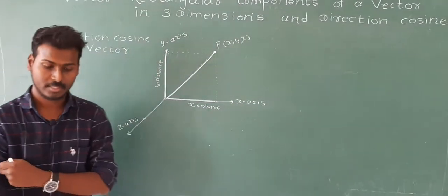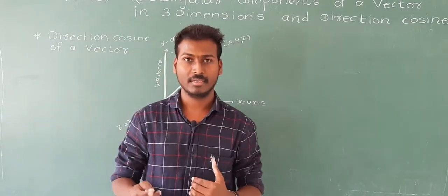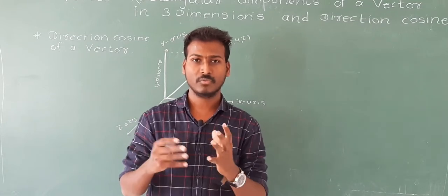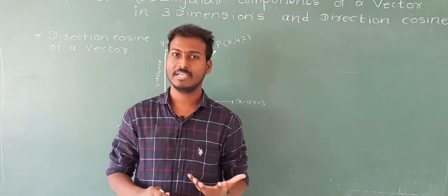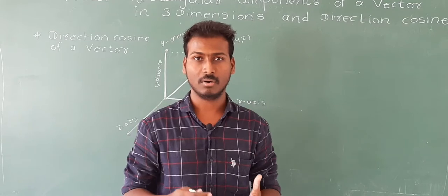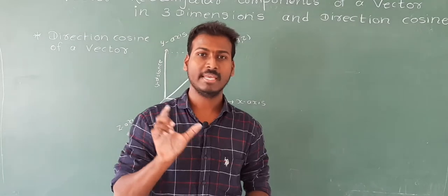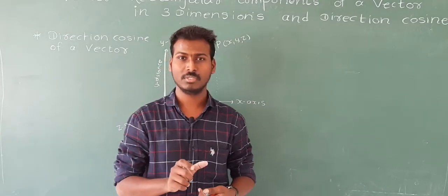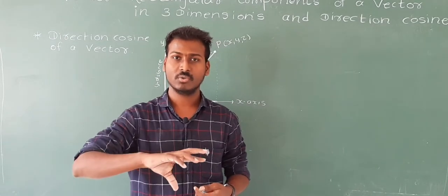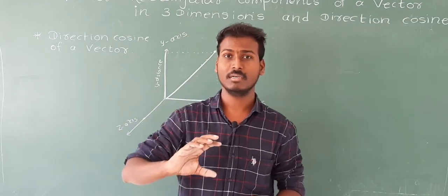Now the next point is the direction cosine of a given vector. If they provide us a vector and ask us to find its direction cosine, first of all we should know what a direction cosine is, because questions on direction cosine have been asked in MHT CET, in JEE exams, and in the NEET exam also. Direction cosines are nothing but cosine angles. You know that in mathematics you use sine, cos, tan, cot, sec, cosec as trigonometric functions. So direction cosine directly indicates the cos angle.